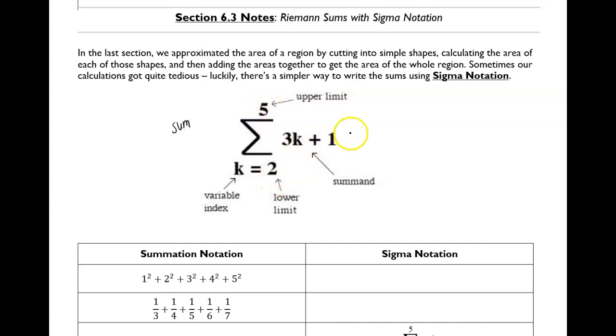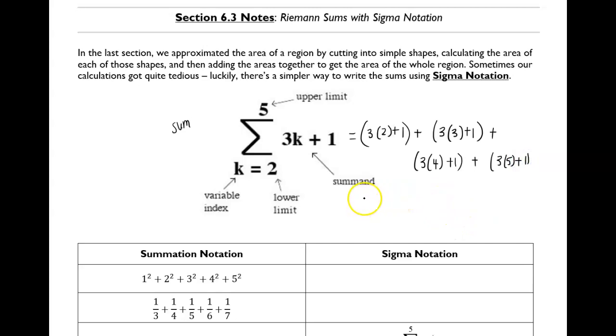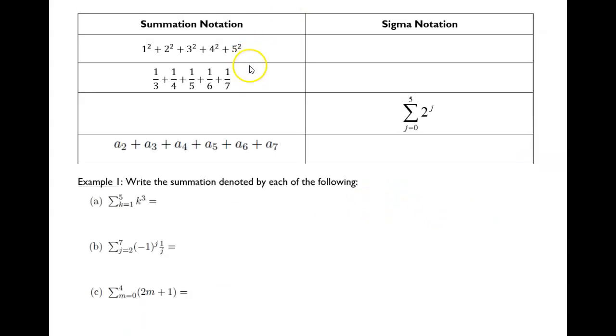What this means is I'll first plug in 2, 3 times 2 plus 1. Then I'm going to add that together with, going up by an integer, 3 times 3 plus 1, plus 3 times 4 plus 1, and then finally 3 times 5 plus 1. Then I would find that sum and calculate. It'll be important for you to understand both summation notation and how to translate that into sigma notation